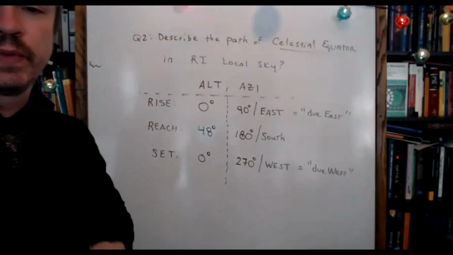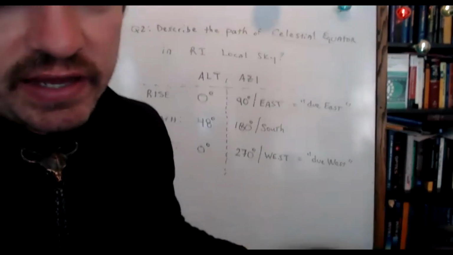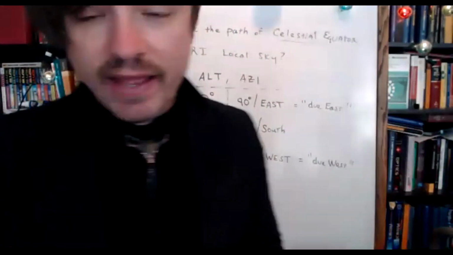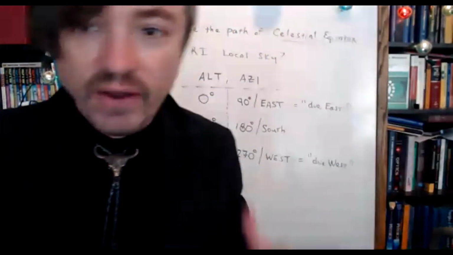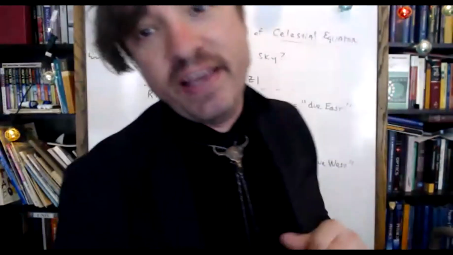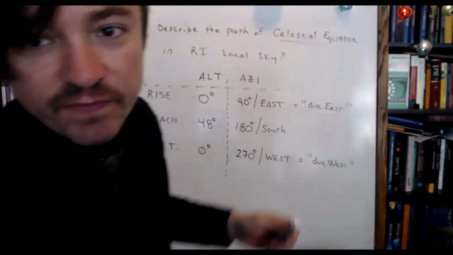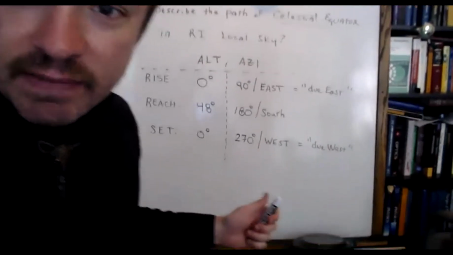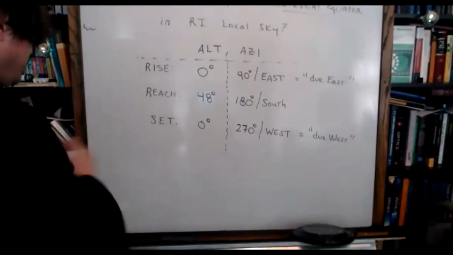Now, if you wanted to say this in a kind of literary way, let's say you were an English major and you don't like all these damn numbers, Brendan. Why are you always impressing me with your technological number mumbo jumbo? I just want to talk about bees and poetry and stuff. Okay, well, you can actually do that and still sound like you know what the hell you're talking about. In a literary way, you could say